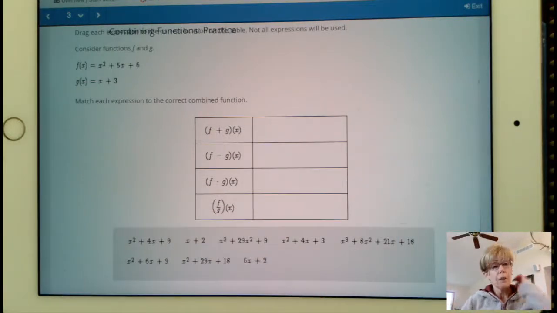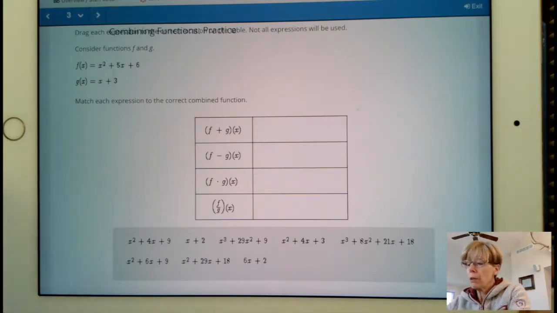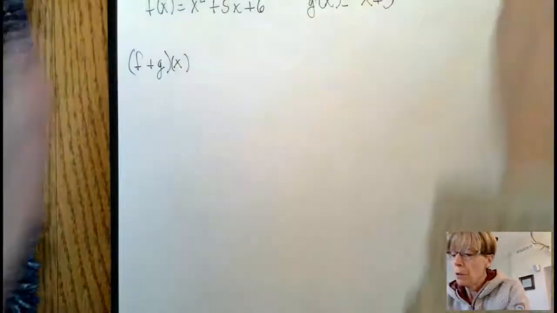We're going to consider the functions f and g. We're going to have to drag and drop our answers here in a few minutes, but we're going to match each expression to the function. So what we're going to have to do first of all is figure out, well, what's f plus g? We kind of talked about that in another video already, but